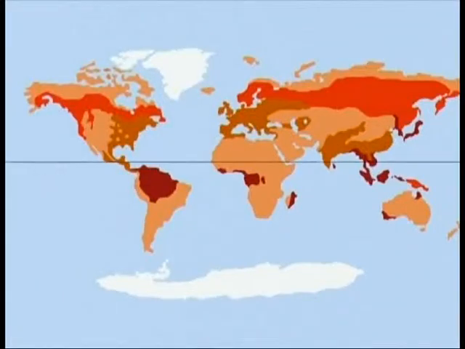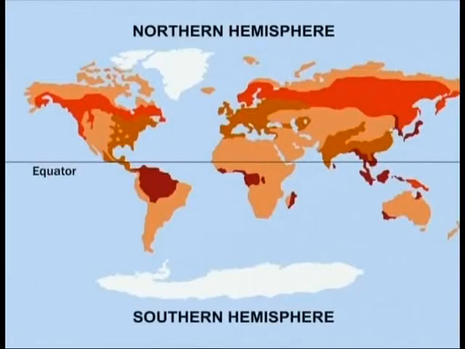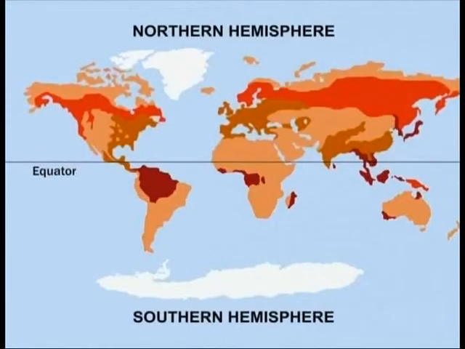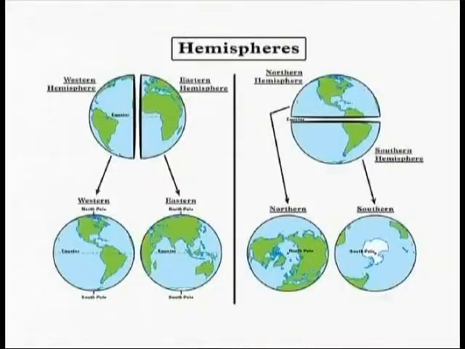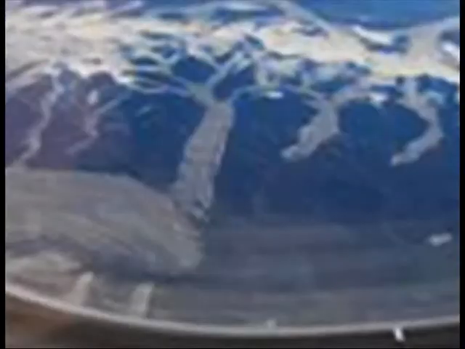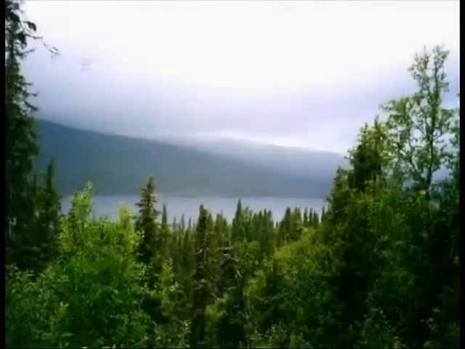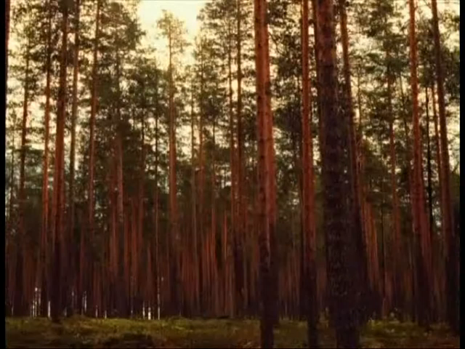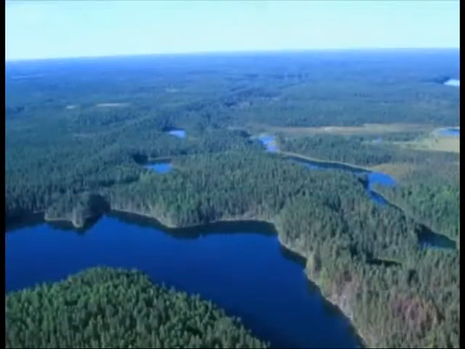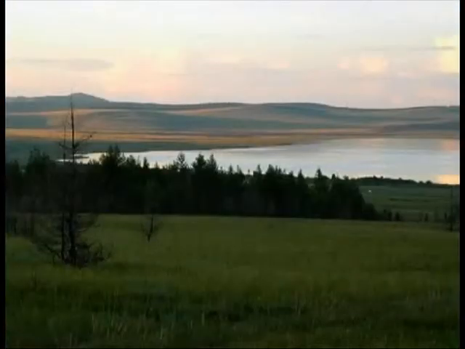The formation of the earth is such that most of the land is concentrated in the northern hemisphere, while the southern hemisphere is covered mostly with oceans. The northern hemisphere has a great land mass which forms an almost continuous ring around the planet, surrounded with icy tundra and the dark taiga forests of Scandinavia, northern Russia, Siberia, Alaska and Canada.